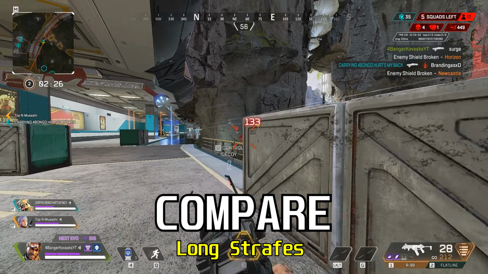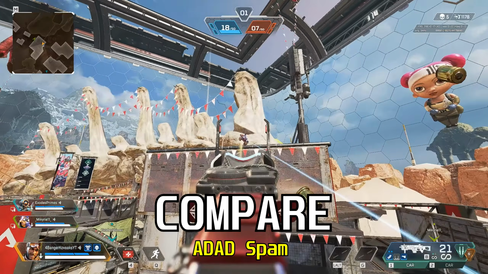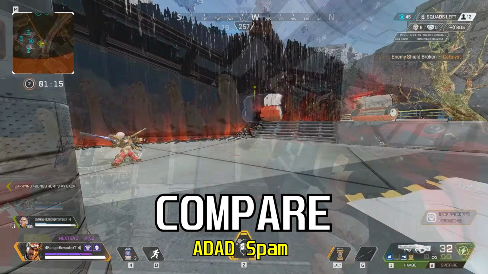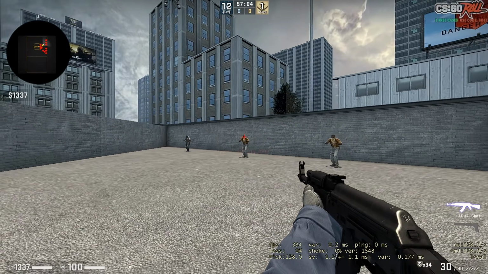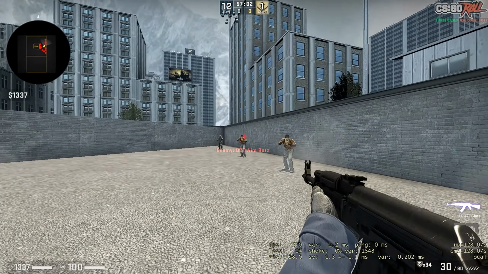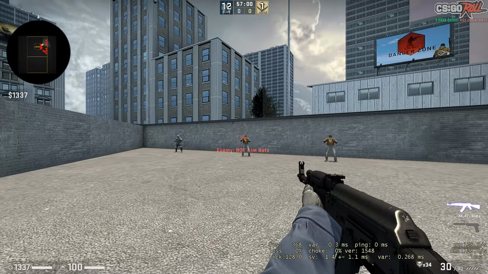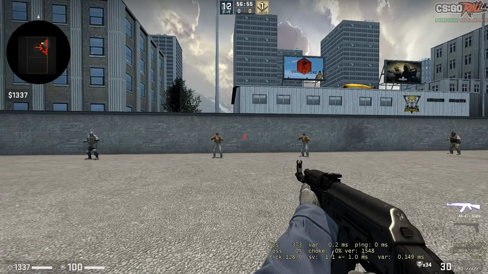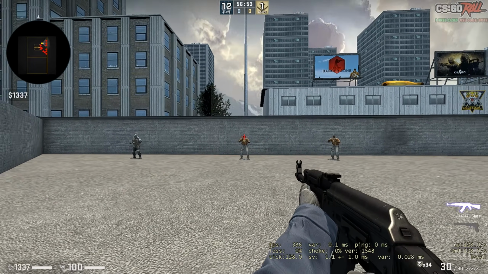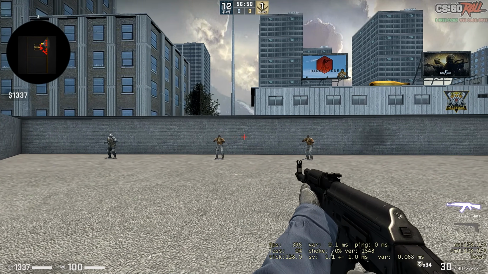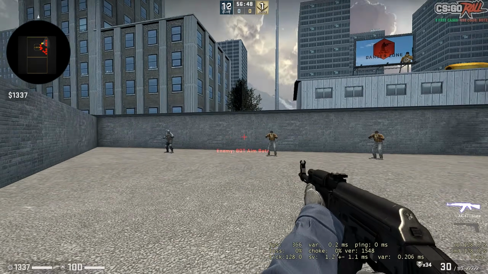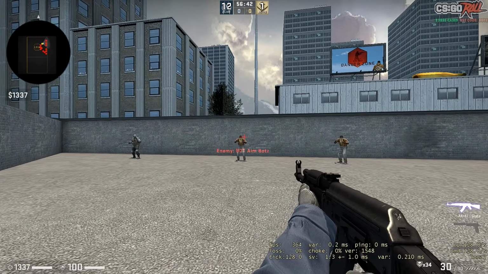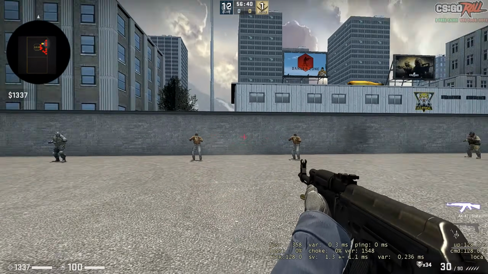In fact, if you take a look at some of my highlights or some of my clips, I rarely AD spam. What I usually do is hold one key, and this is how I would shoot. Obviously this is CS, so my bullets are going to be crazy, but this is how I shoot. I don't shoot like this. Let's say I'm playing COD, I will not shoot like this, because this will mess up my aim. This will move my aim for me and cause me to do this a lot, basically. Obviously, you can get better at this skill, but it will never be as clean when you're switching targets.